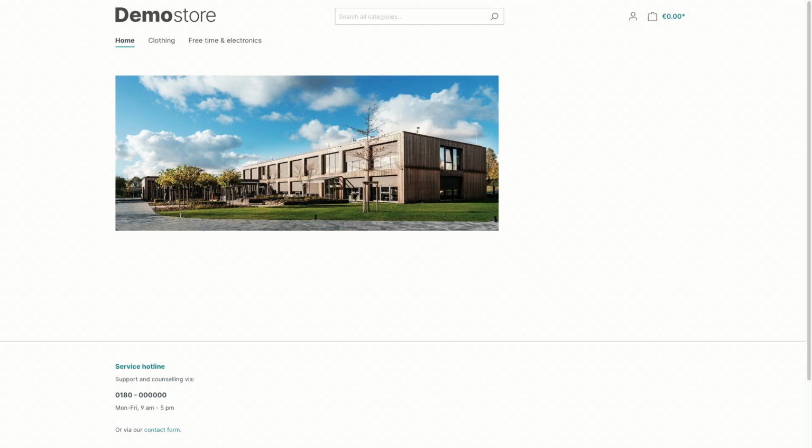The easiest way to set up a test environment is to copy the live shop into a secondary directory. The public folder in this directory can then be accessed through, for example, a subdomain of the hoster. Compared to Shopware 5, it's not recommended to copy the test environment into a subdirectory of the main shop, but rather to copy the test environment into a secondary directory of the main shop, as otherwise problems may arise in the operation of the test environment.